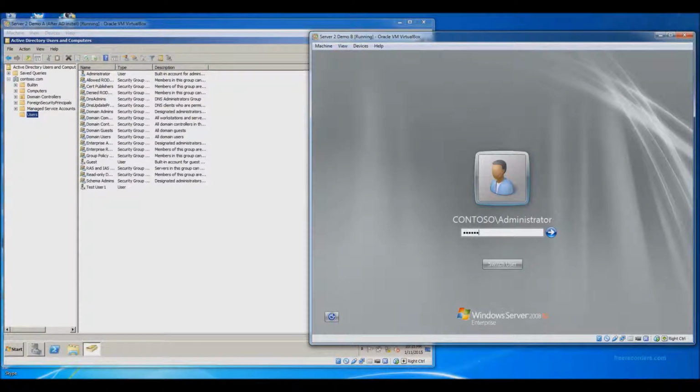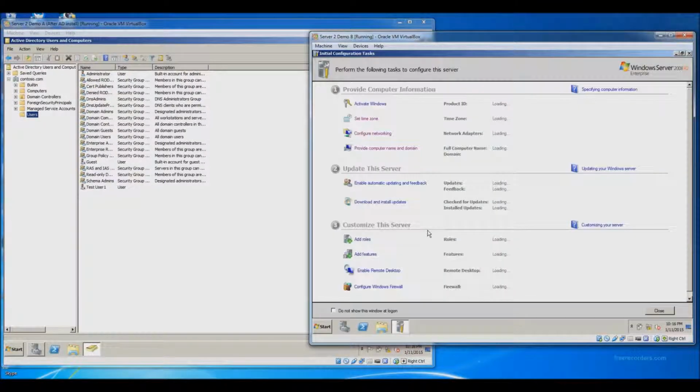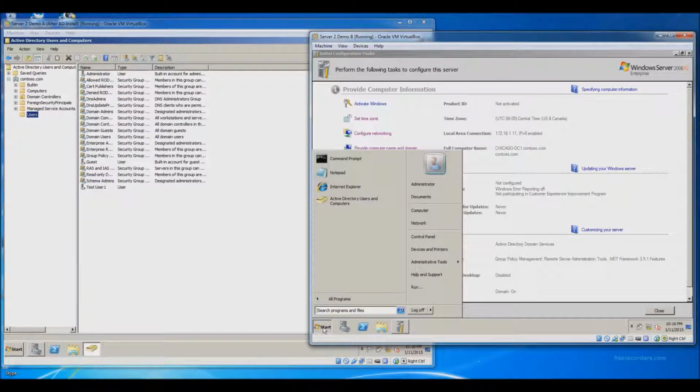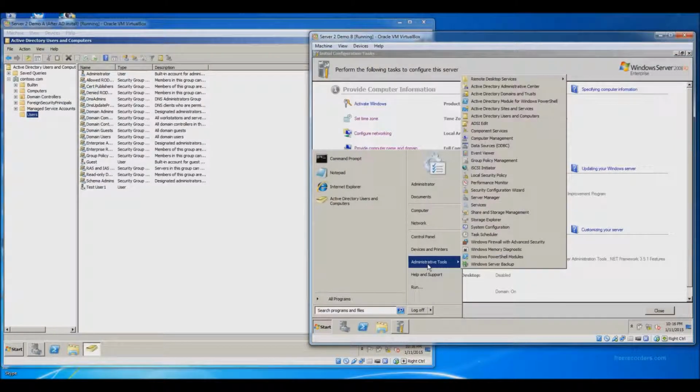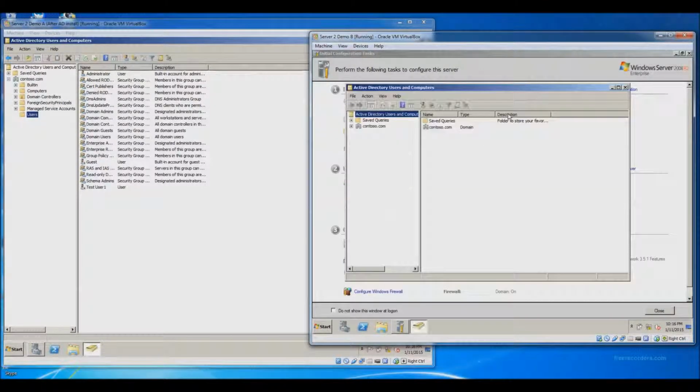So I'm going to use the password for the administrator account in the Contasso domain. Okay, we are logged in, and now if I go to my administrative tools under the start menu, Active Directory Users and Computers is now present, I can open that up